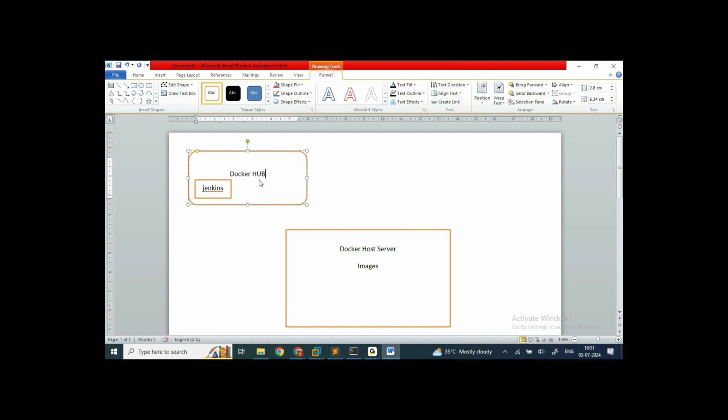Okay, we got the image from remote to local, or else in the local only we have developed the image. After that, we got this image from remote to local. We pulled the CentOS image,